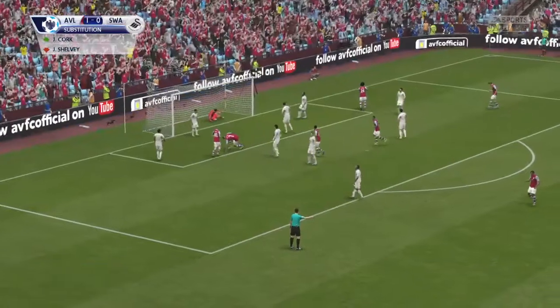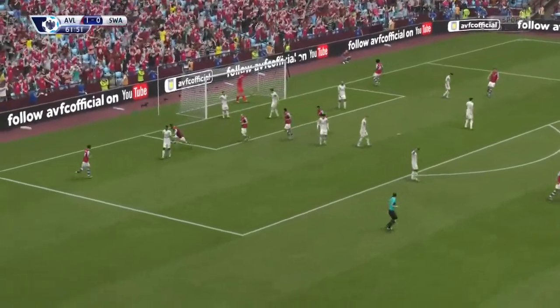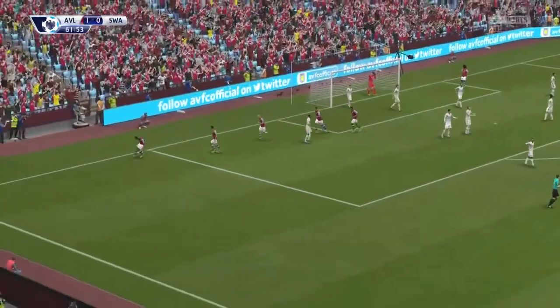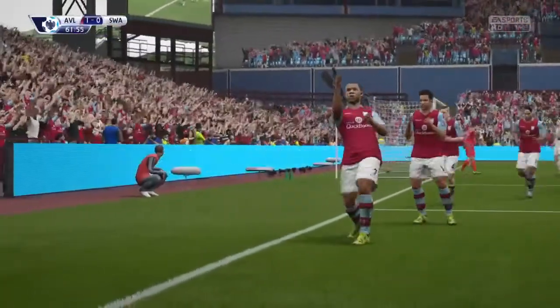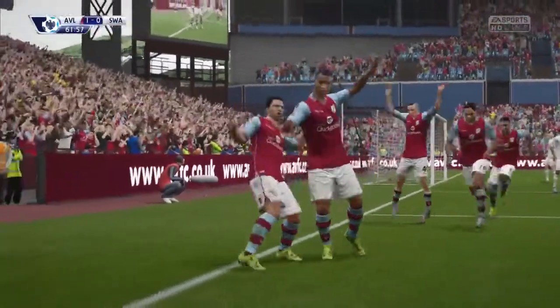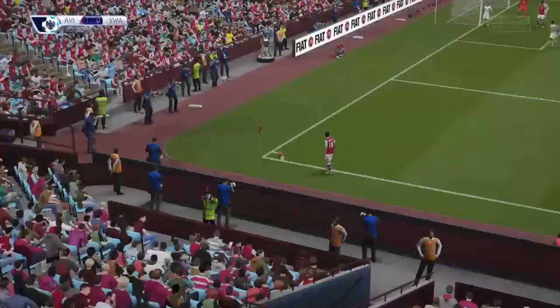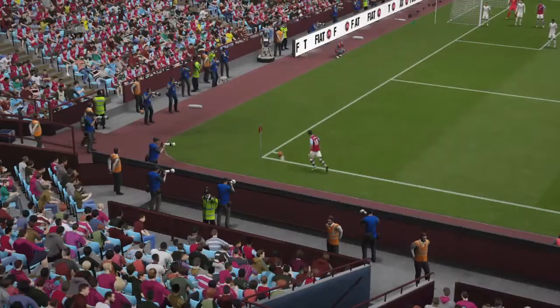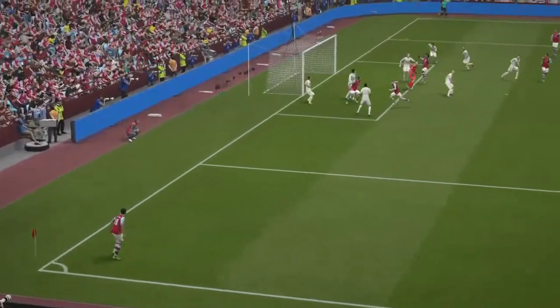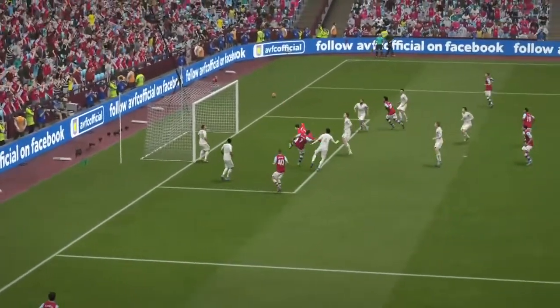That is a high-class header to score here. Superb goal here. Well, if you put it on the spot like they did, it's going to end up in something like that. It's going to end up in a goal.